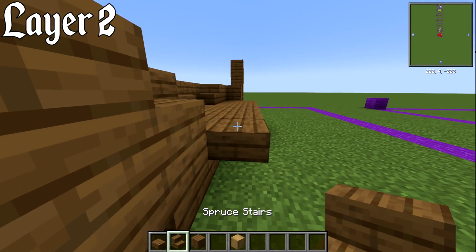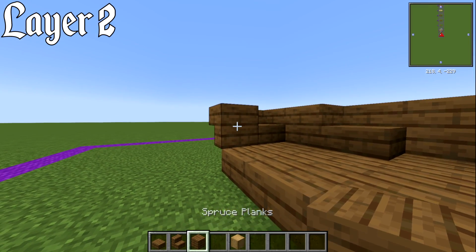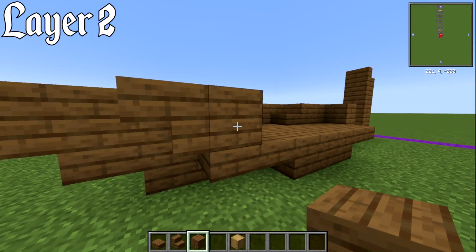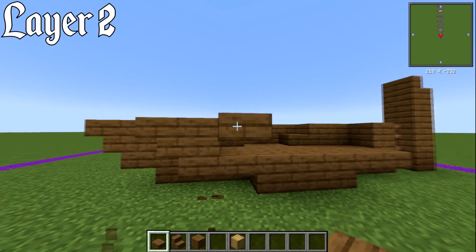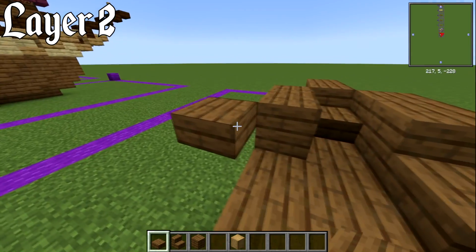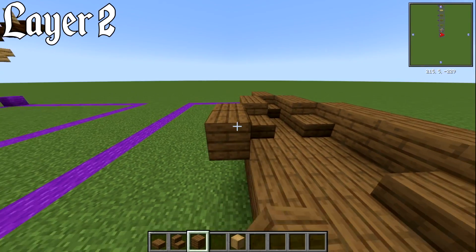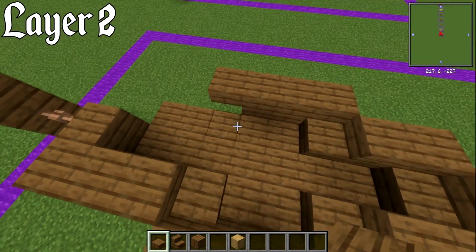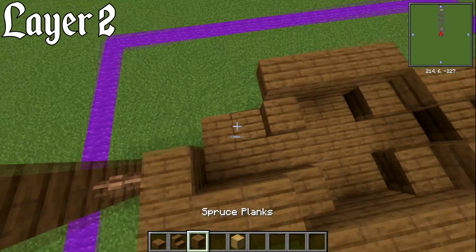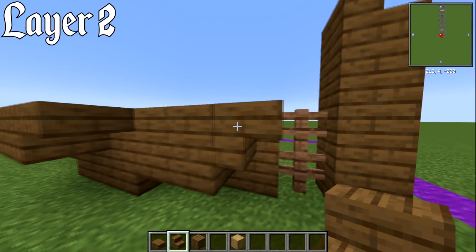So first thing is that upside down spruce stair. We're going to have 1 block of just a plank block behind that, like that. Then we're going to have a spruce slab on the upper piece there, and a lower one down there. 2 blocks behind this, 1 and 2. Then a spruce slab. On the inner piece, we're going to have a lower slab. Then we're going to have 2 spruce plank blocks, and an upside down spruce stair on that one there, like